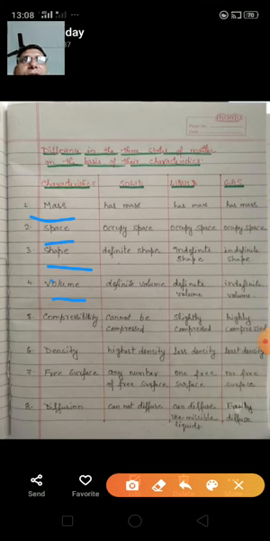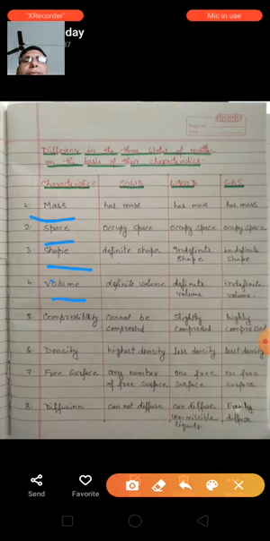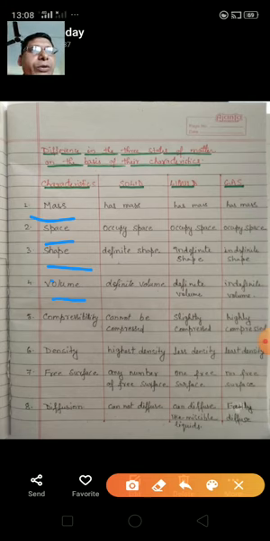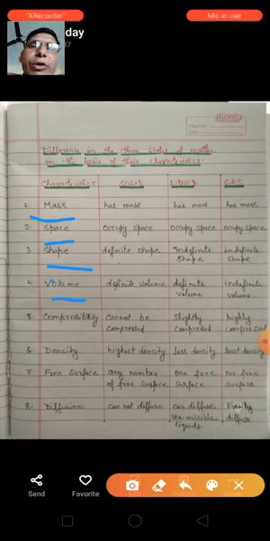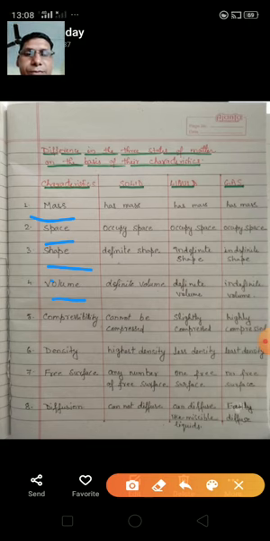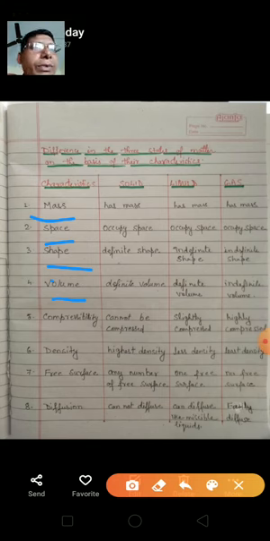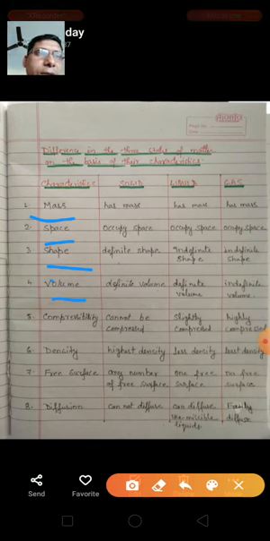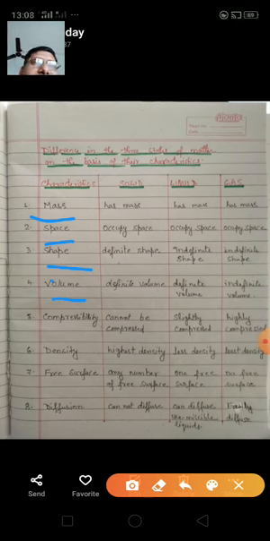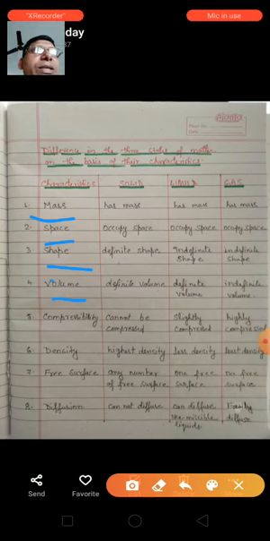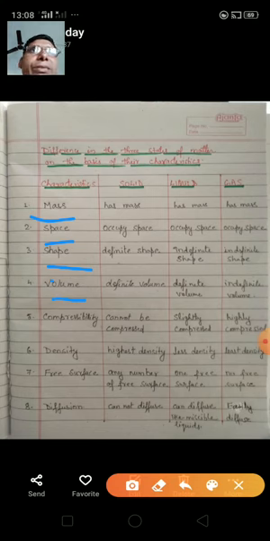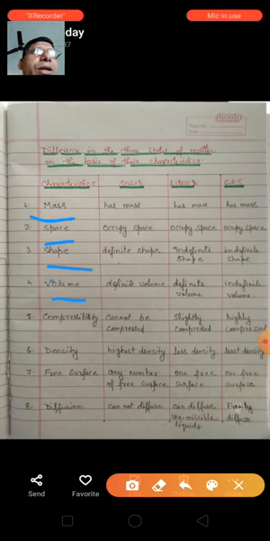Then diffusion. Diffusion means when one matter mixes with another matter. If you keep two different solids together, they will not mix among each other by themselves. Thus we can say solids cannot diffuse among each other. Now liquids can diffuse, but only those liquids which are miscible in each other. Miscible liquids means liquids that can mix among each other. They are called miscible liquids, and they can easily diffuse among each other. Immiscible liquids do not diffuse.